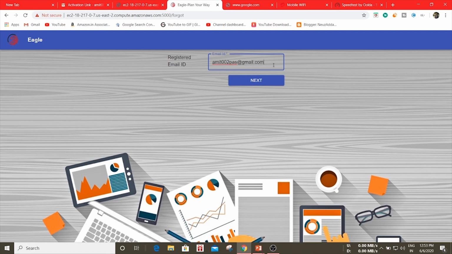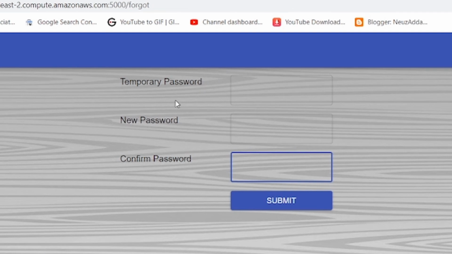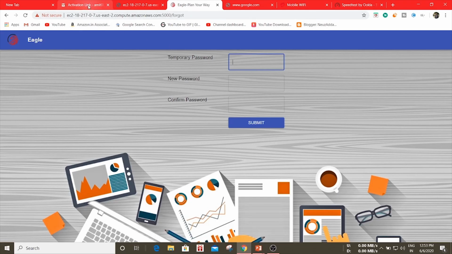Once you have given the valid email ID, click on next. As soon as you click on next, there are three things we will require to reset your password: the temporary password, new password, and confirm password.